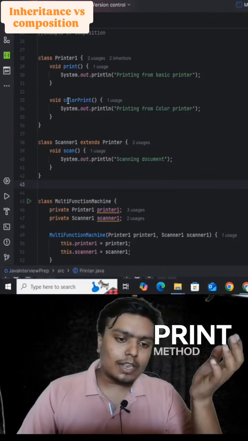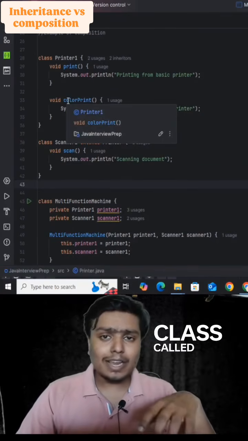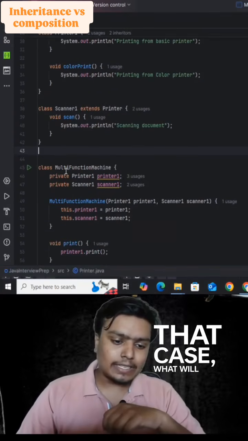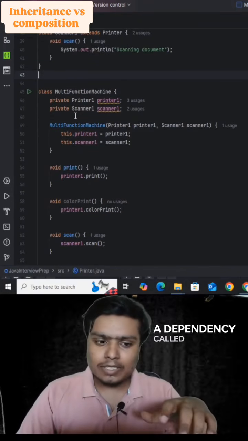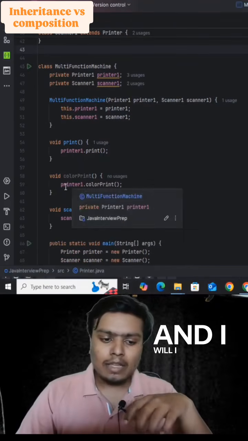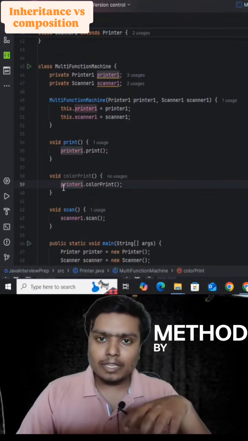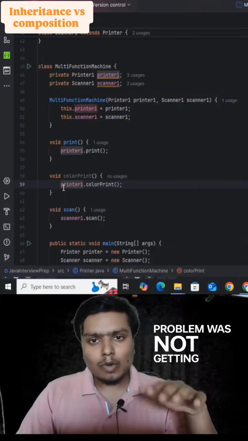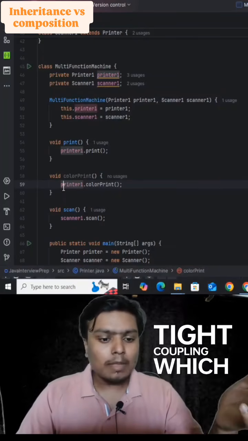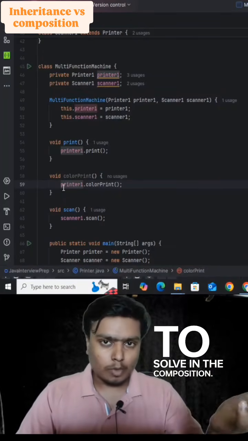How does it offer the loose coupling? Let's say this colorPrint method got moved to another class called ColorPrinter. In that case, what will happen? I don't need to worry. What I will do, I will inject another class as a dependency called ColorPrinter, and I will change the implementation of colorPrint method by calling colorPrinter.colorPrint method. So this problem was not getting solved in the inheritance because of the tight coupling, which we are able to solve in the composition. So that's the